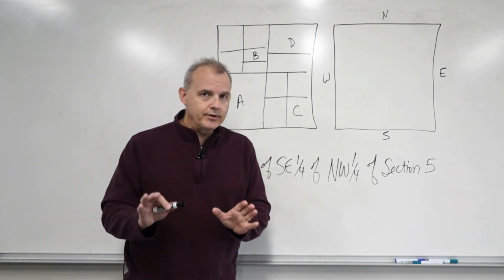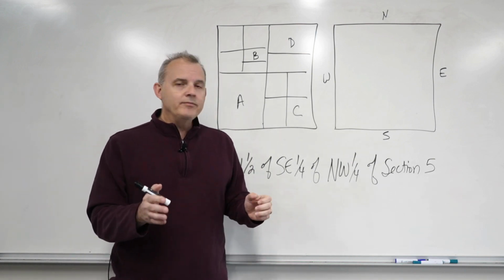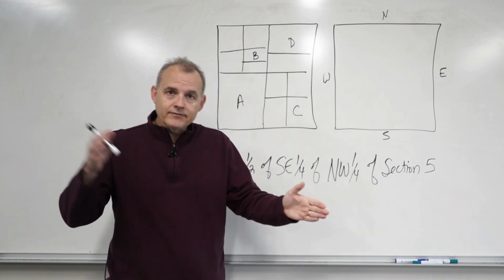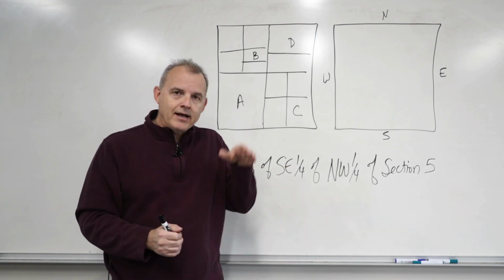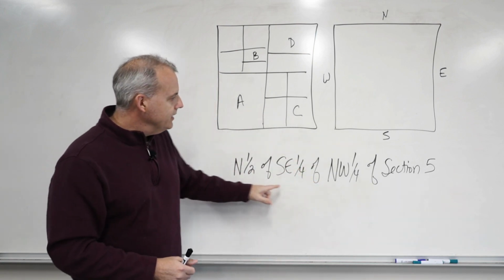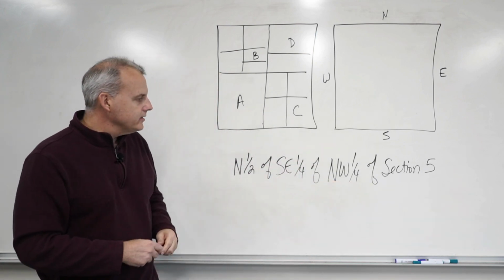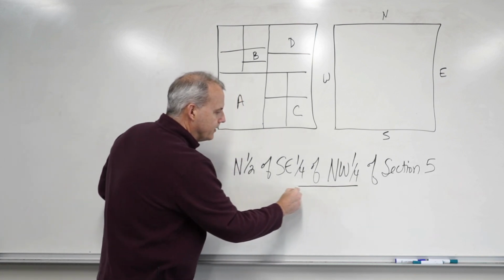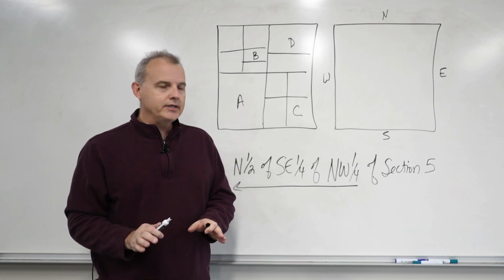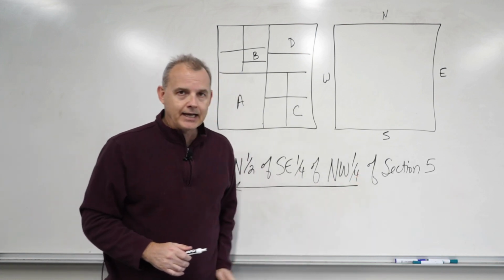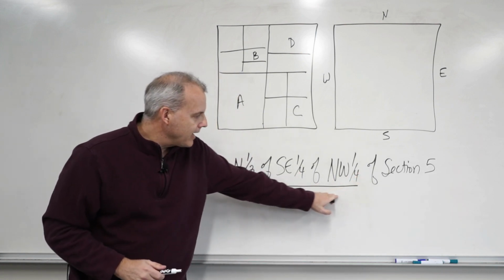The other thing to remember is that we've been taught since kindergarten to go from left to right. We read and we write from left to right. We do math from left to right. When we're calculating these legal descriptions, we have to do them from the back forward. Otherwise, you're going to get a totally different answer if you go front to back. So we have to start from the back one and move forward.